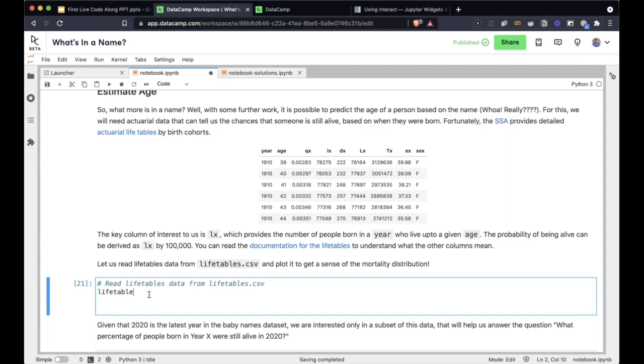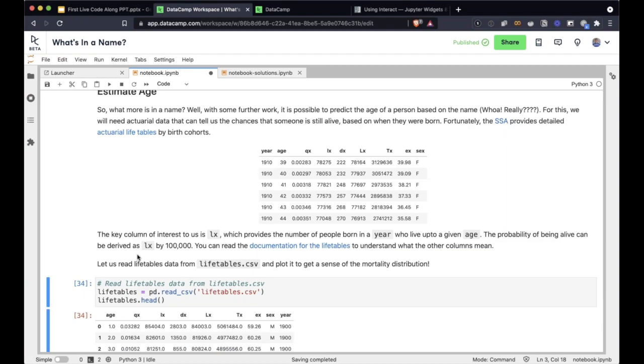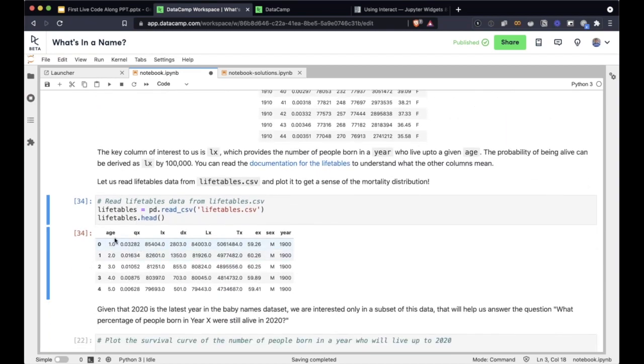So let's read the life tables using Pandas, and we're going to use the read_csv method. This is just a CSV file, so let's just get this, and let's print the first 5 rows. life_tables.head, and as you can see, you have all these columns.